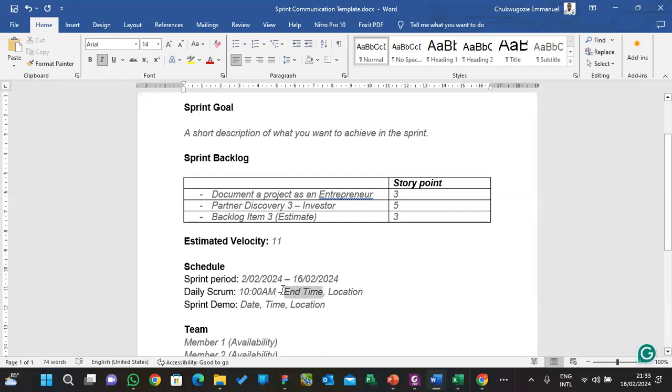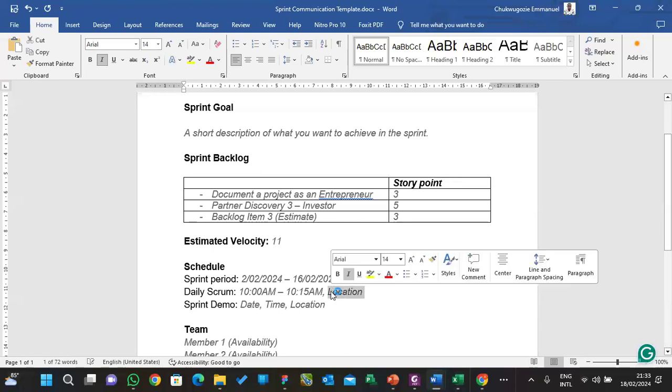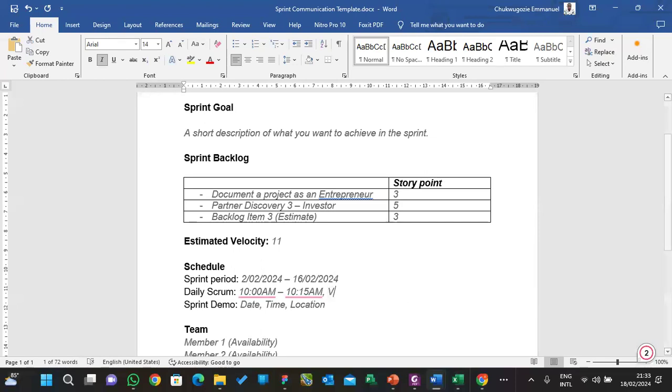Then it will end by 10:15. Then the location now. So you put the location. Is it Zoom? Is it maybe Office? You put the location where you want. You can say maybe Zoom meeting via Zoom